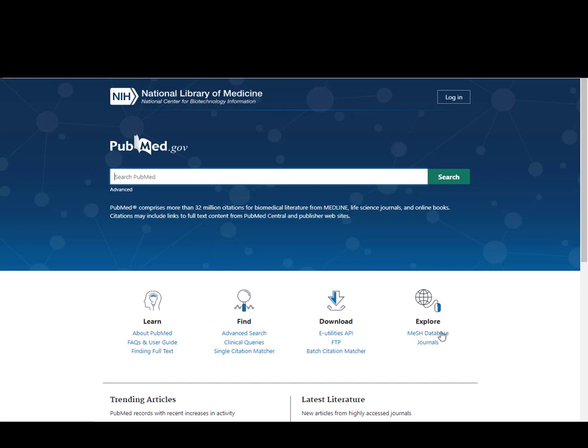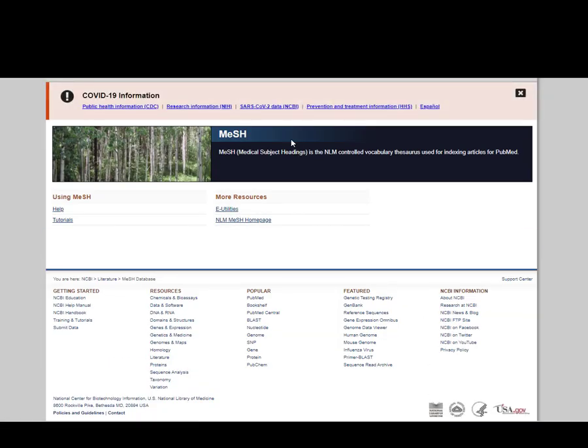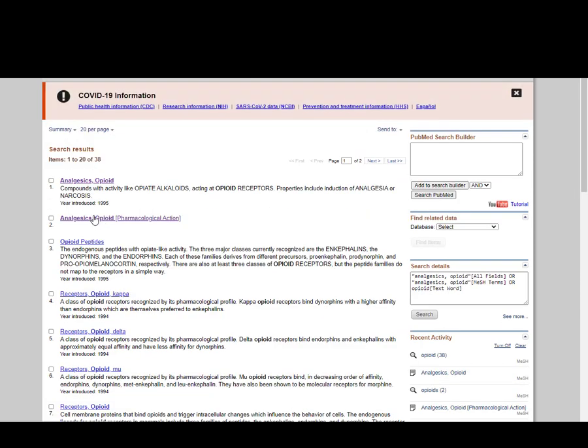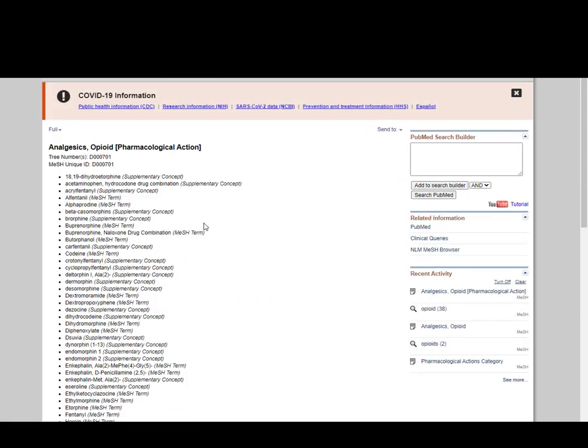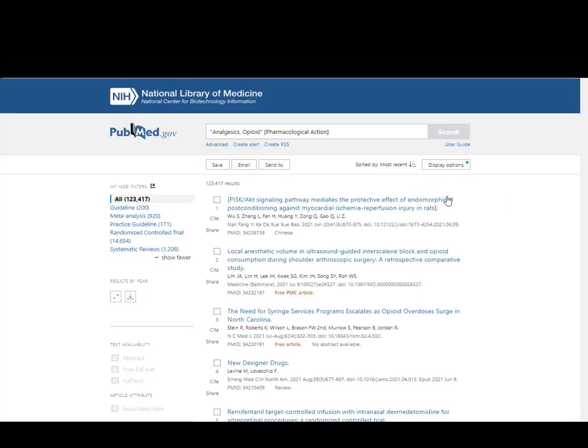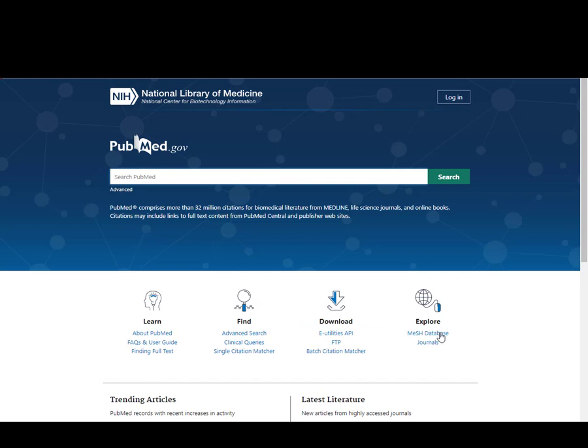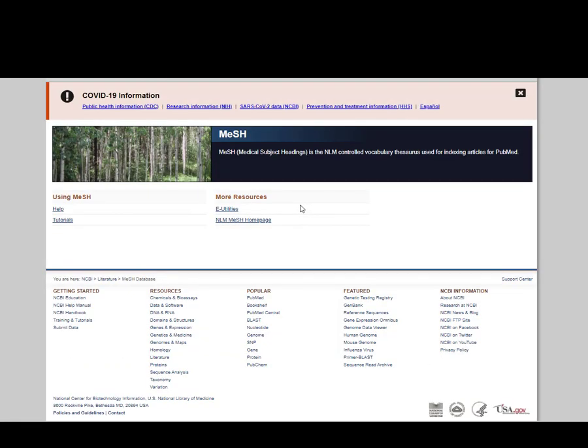Now let's go back to the MeSH database, again with opioid, but this time look at the pharmacological action category. This will get us all of the drugs that act with this pharmacological action. We're going to add it to the search builder and search PubMed. Now you can see we have 123,000 possible results of articles that were tagged that have opioids acting in this pharmacological action. So now let's go back to the MeSH database once again,